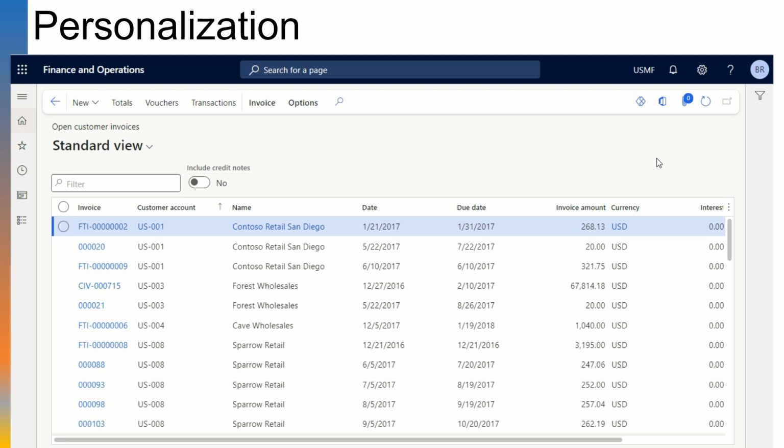Let's talk about how to personalize our environment. D365 F&O provides flexibility in form design to allow users to insert, rearrange, or even hide columns. So let's go ahead and personalize this form and see what our options are. Keep in mind, if I personalize in this environment and go into another environment, I'm going to have to recreate